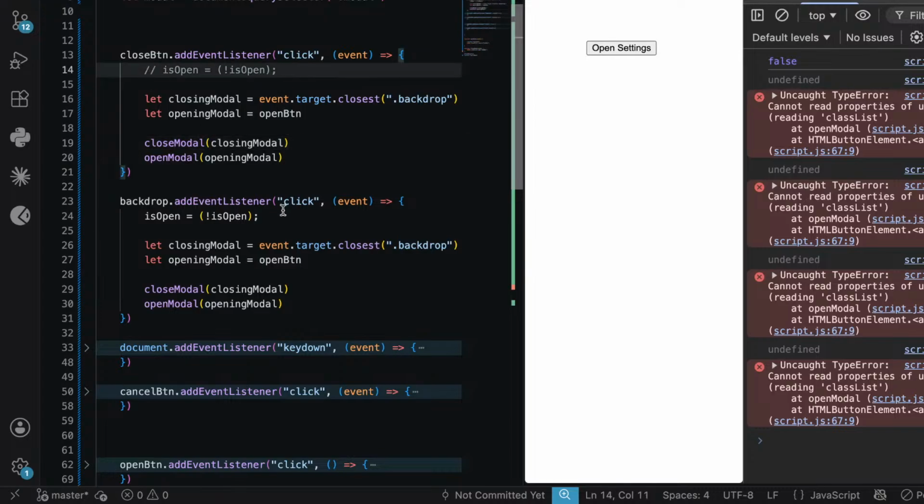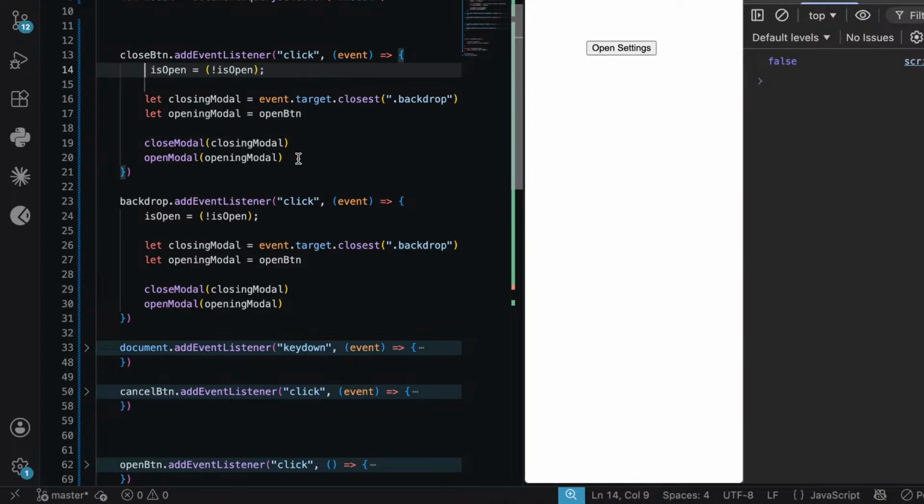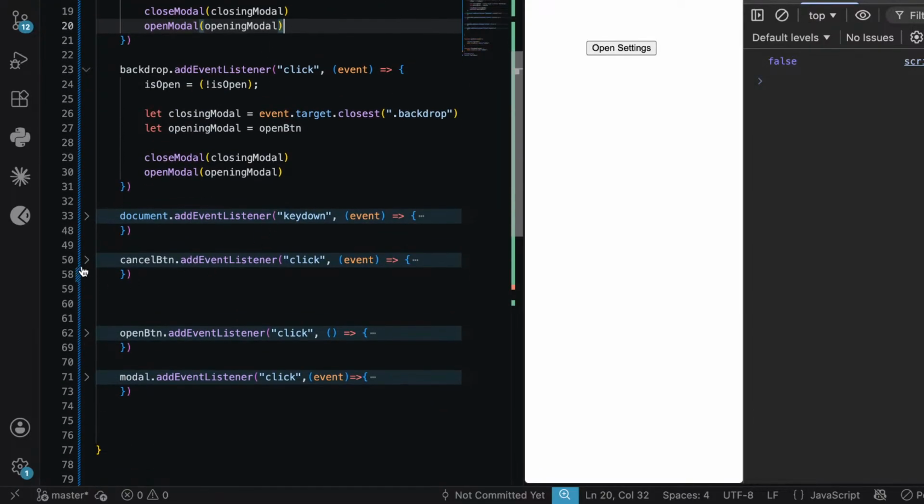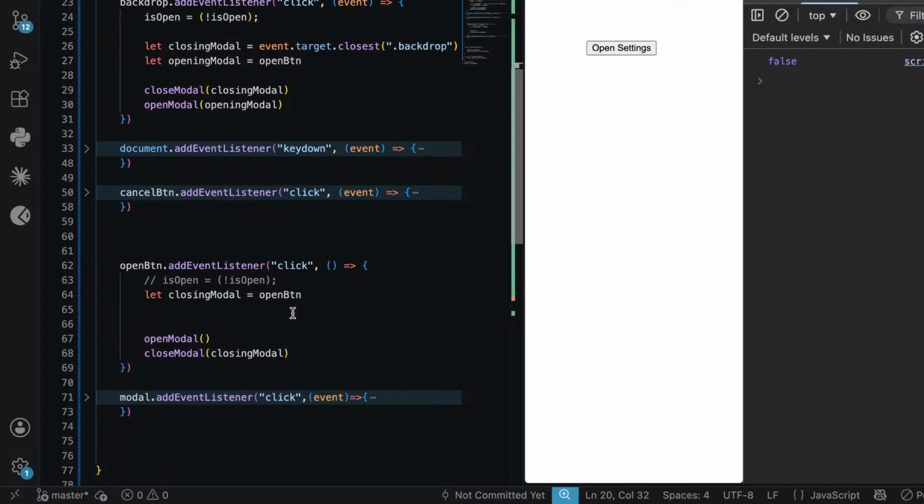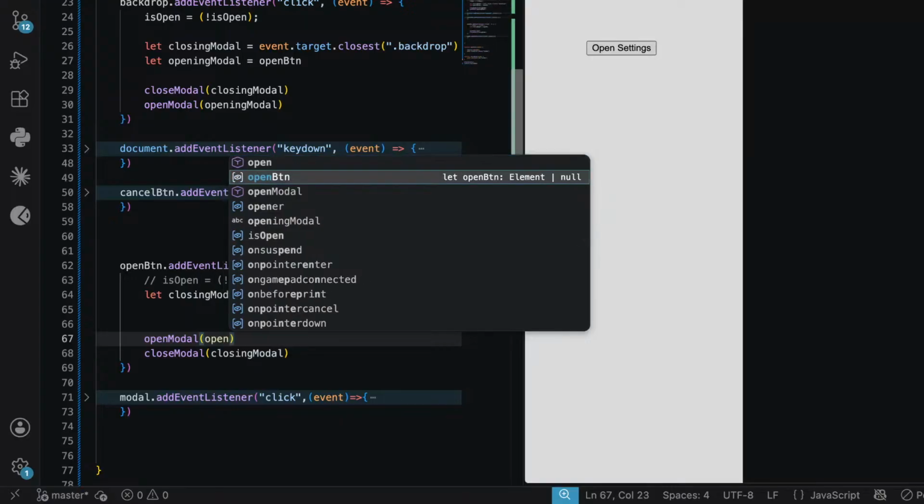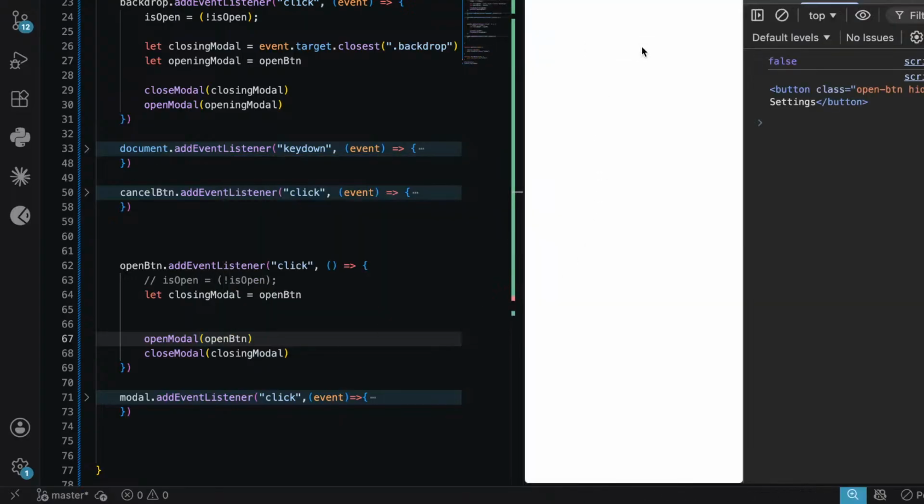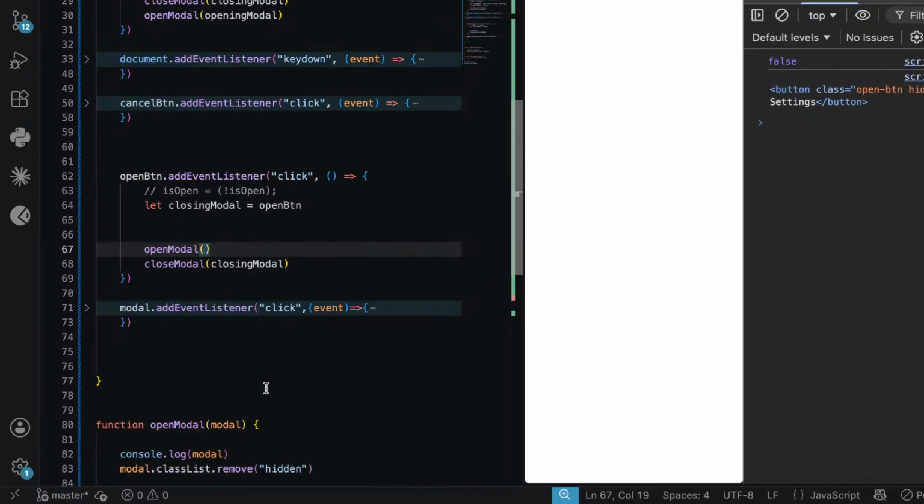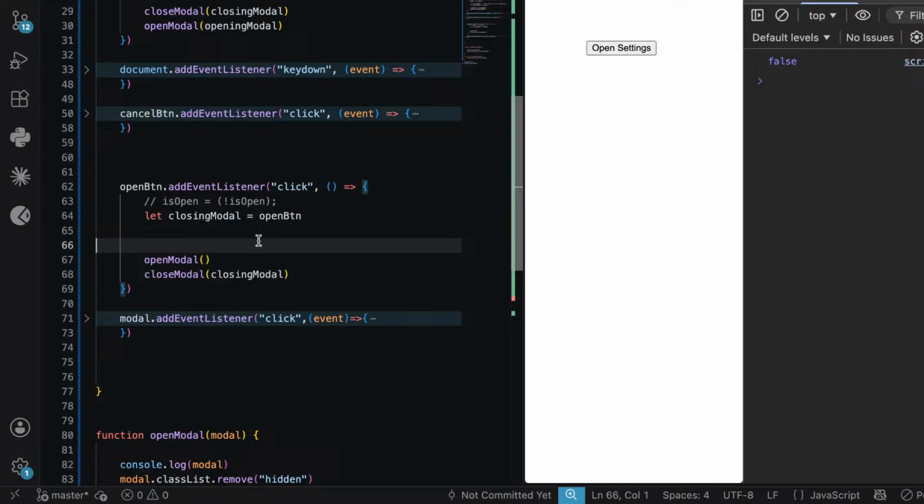Close button, right? Open the model. Closing model is backdrop and open button, and I think so, we didn't pass the open button, right? So we'll pass the open button. Open button is hidden. It's not the open button. It's about the